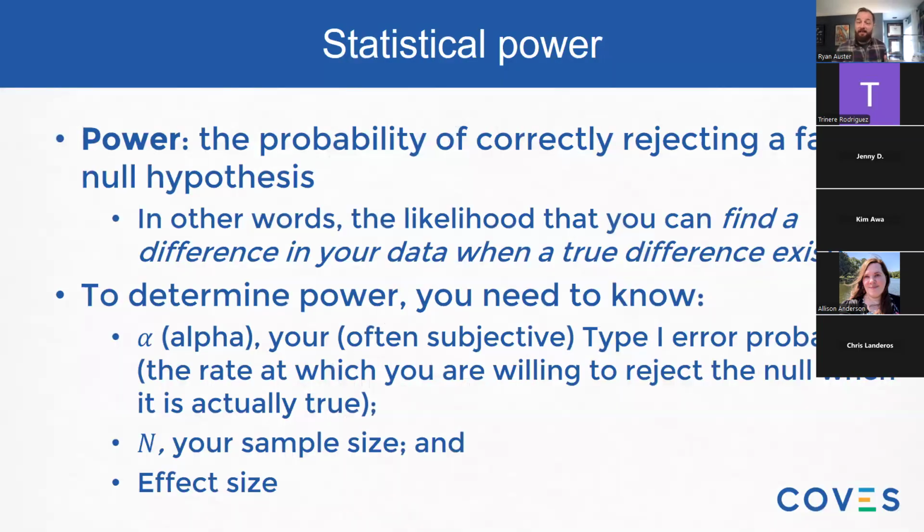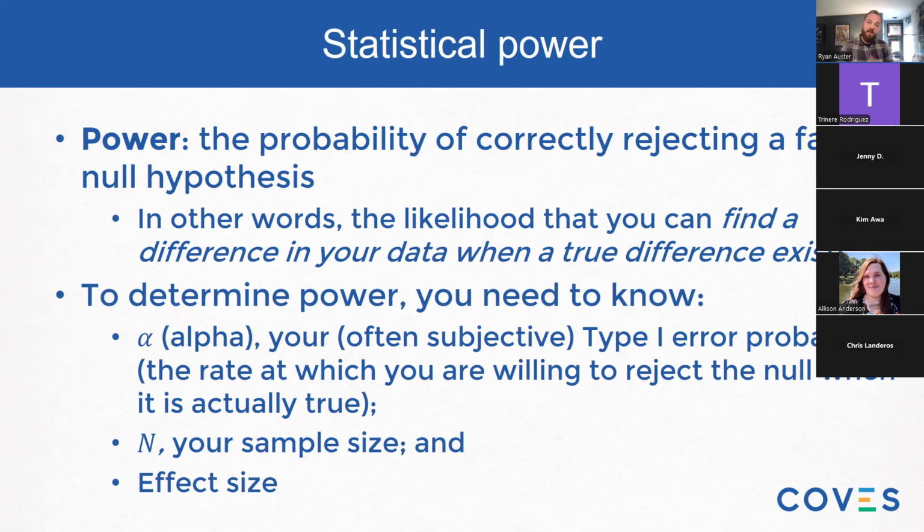But anyway, as that joke relates to, one of the things that determines power, again, the ability to find a difference when a true difference exists, has to do with your sample size. And the other two things that will influence your power are your type 1 error rate, which is alpha. The simplest way of thinking about that is, when p is less than 0.05, 0.05 is the alpha level that we're comparing to try and be under. We're trying to minimize our error by finding probabilities that are less than that 0.05 threshold.